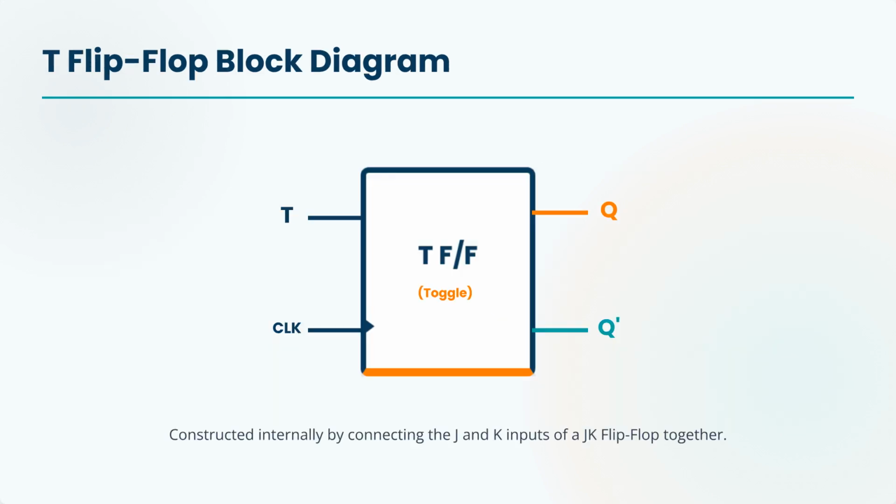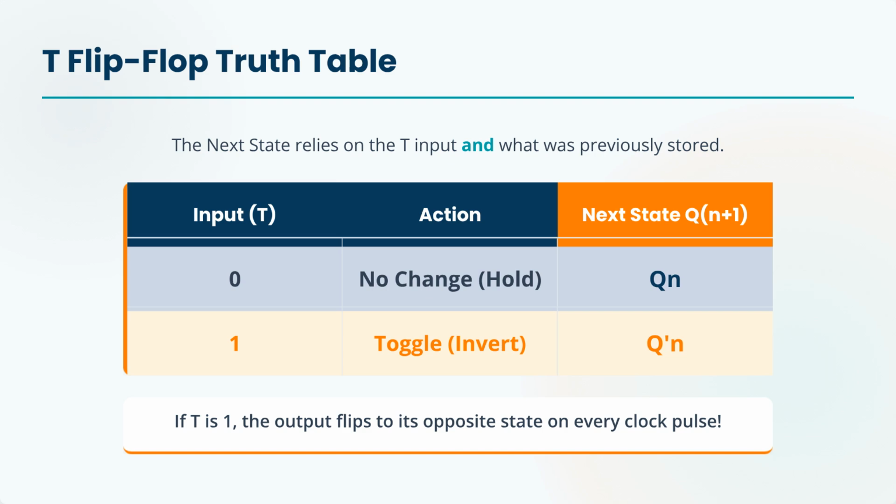The T flip-flop block diagram shows the toggle input, T, and the clock input, CLK, along with the normal and complemented outputs. Notably, the T flip-flop is commonly constructed by connecting the J and K inputs of a JK flip-flop together. The T flip-flop truth table reveals that the next state, Q of n+1, depends on the T input and